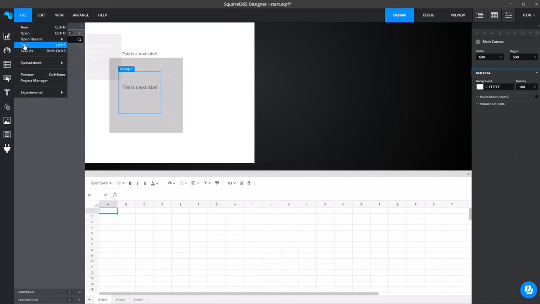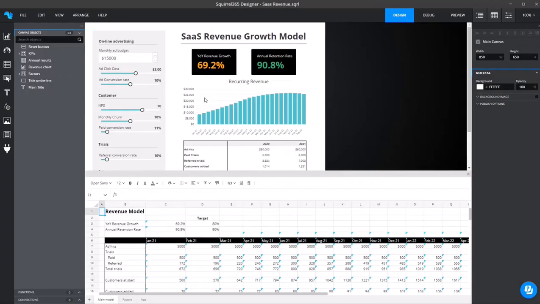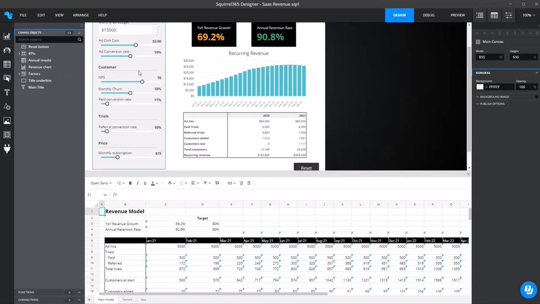And then the big thing that we've added, the other really significant thing that we've added to the object browser, is search. This is for bigger projects. This will be a godsend. So I've got lots of sliders in here. These sliders are inside various groups. But what if I want to just see my sliders? Well, I can now search, and I can search for things like, this is called